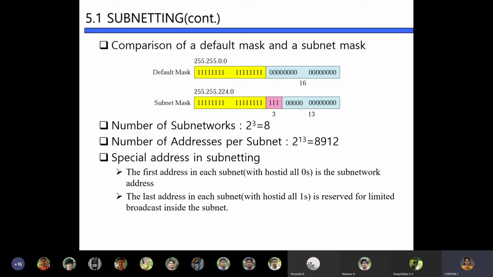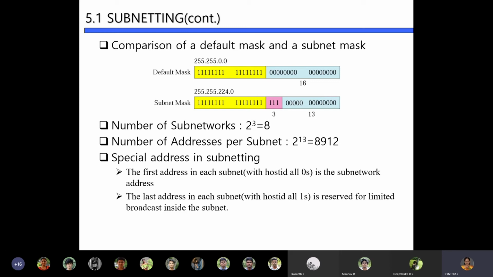And how many hosts can you have in each of these subnets? Since 3 bits have been allocated, the remaining bits are 13. So each of the 6 subnets can have 2 power 13 different hosts. If you compare the number of hosts, you will understand that we are not losing much.